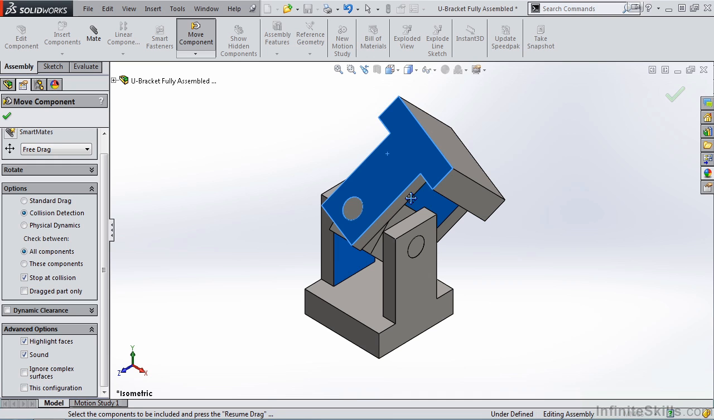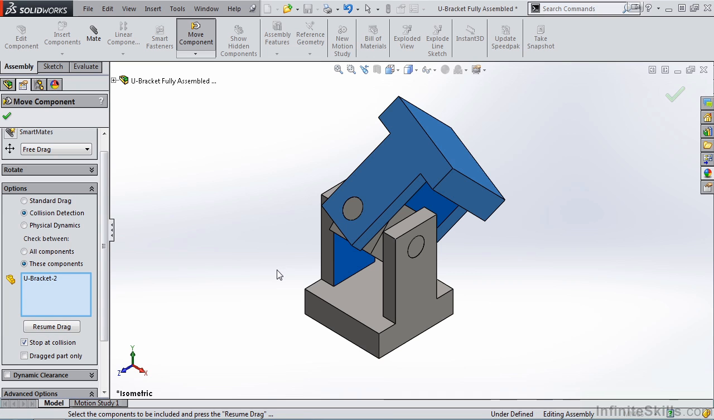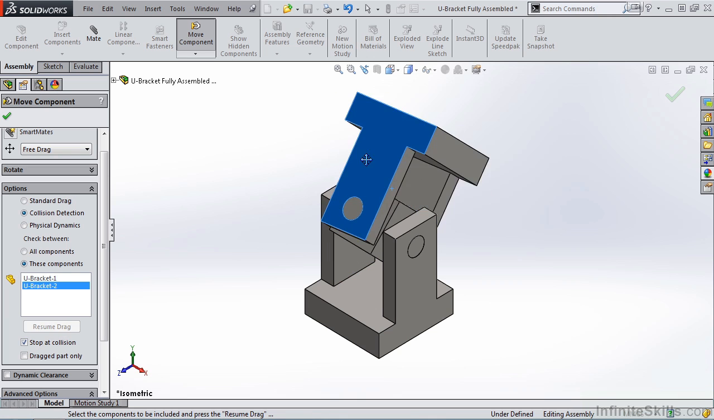Now before we close out of this lesson, I want to point out one other option. This is a fairly simple assembly. However, when the assemblies are larger, you may want to select these components and then go out to the screen and select which components you want to check collision for. So I am going to clear this selection and then select the two brackets. You do have to select Resume Drag, and then as you move the parts, you will notice it's only checking